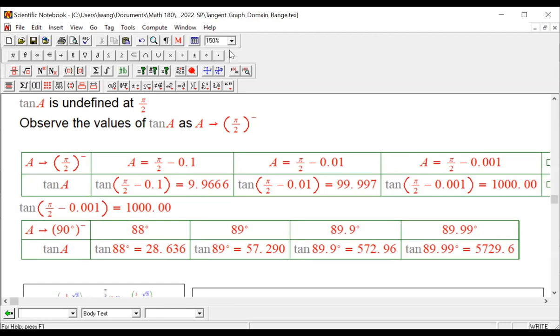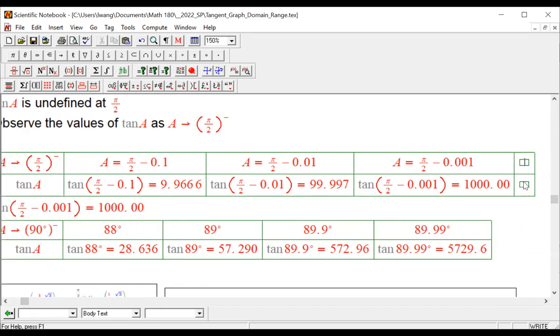Okay, there we go. So what have we seen? As we get closer and closer to pi over 2, tangent is approaching positive infinity. So what we have observed is that as A approaches pi over 2 from smaller than pi over 2,